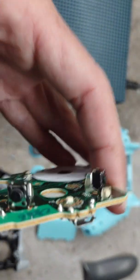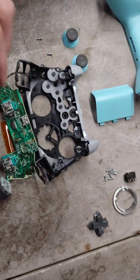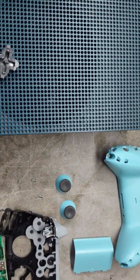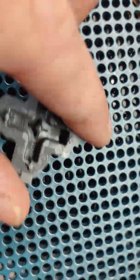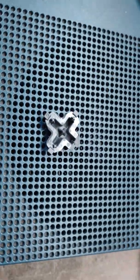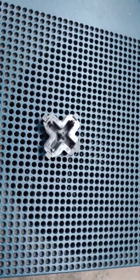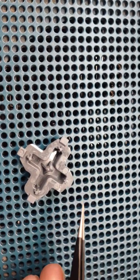Not seeing anything. So I look at the D-pad again on the back here. And if you look, right here, let's get my tweezers. Sorry it's so shaky. I wasn't planning on recording, so I don't have everything set up. But right here,